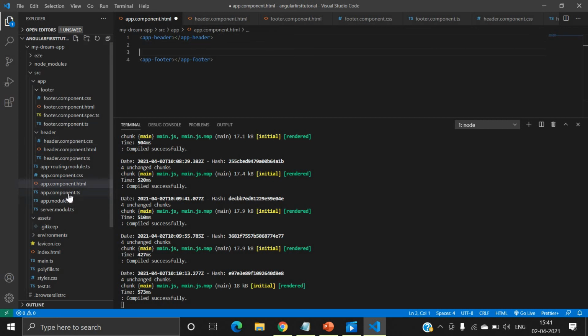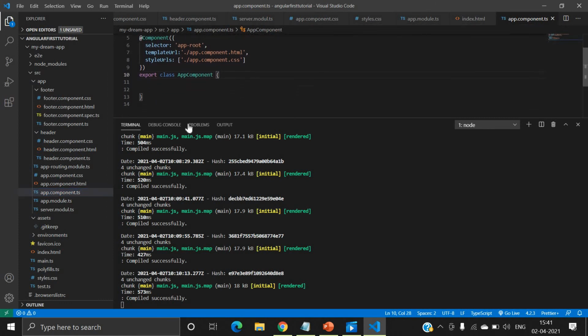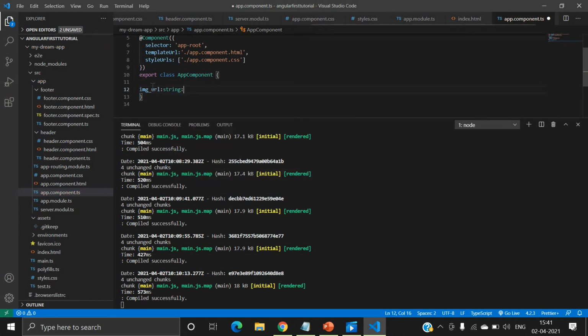Inside this I will go inside app.component.ts, and here I will create one property for the image. So I will write imageUrl. I will set the string type and right here I'll copy this link. Now I will use this property and paste it inside